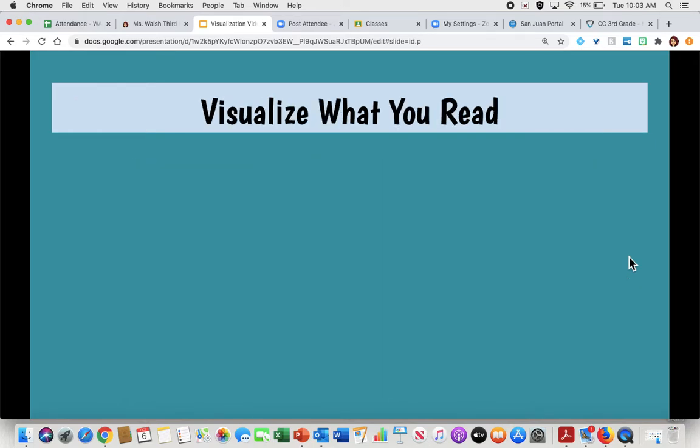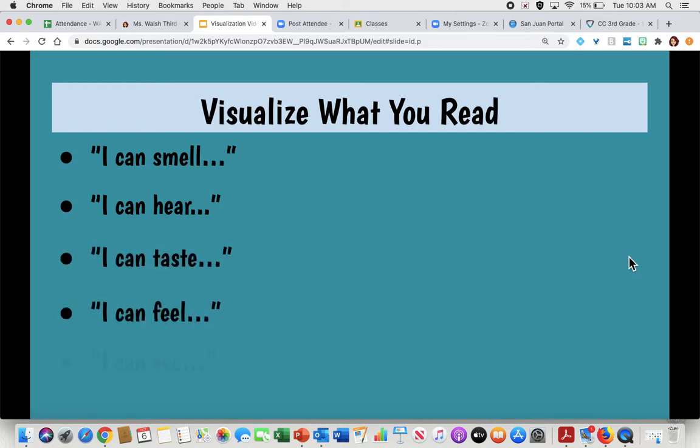And so now we're going to visualize what we read. To do that, we can use our senses. I can smell, I can hear, I can taste, I can feel, I can see. While maybe we can't necessarily smell something that they've described, we know that they're at the chocolate factory, so maybe they can smell something coming from it. We can hear the police shouting, we can hear the crowds, the excitement. I can taste. Well, they weren't really talking about anything that they were tasting, so maybe we couldn't taste. I can feel. Maybe you can feel the excitement, the anticipation that they're feeling as well.